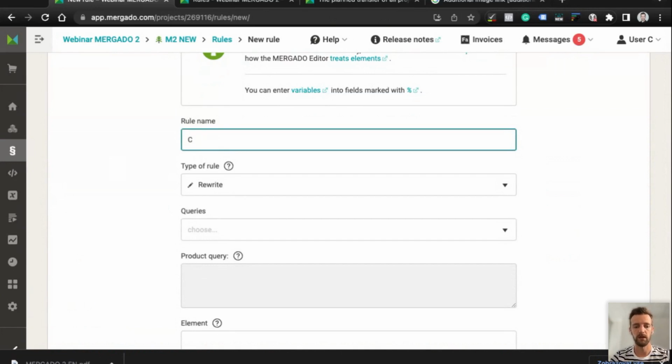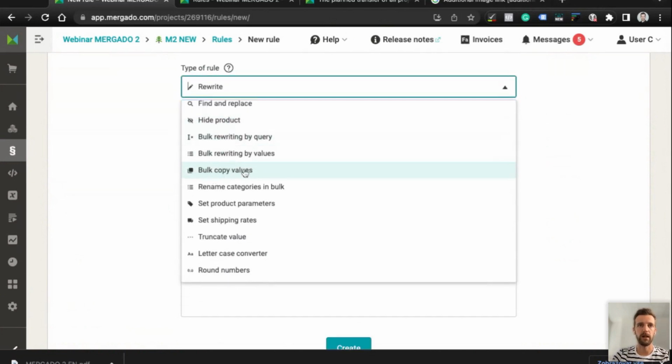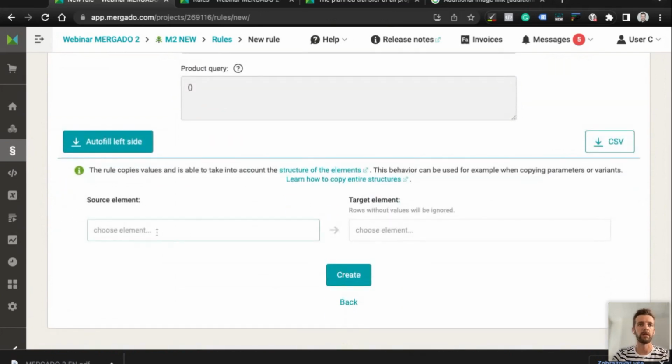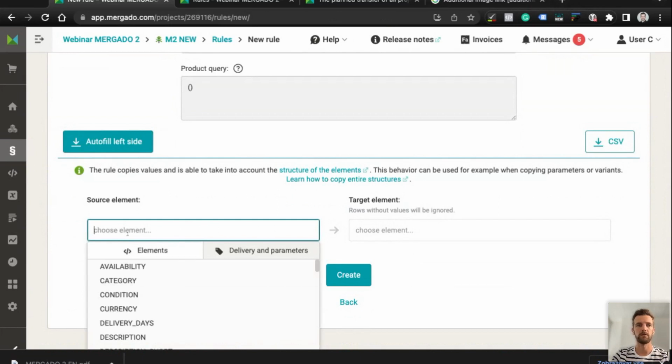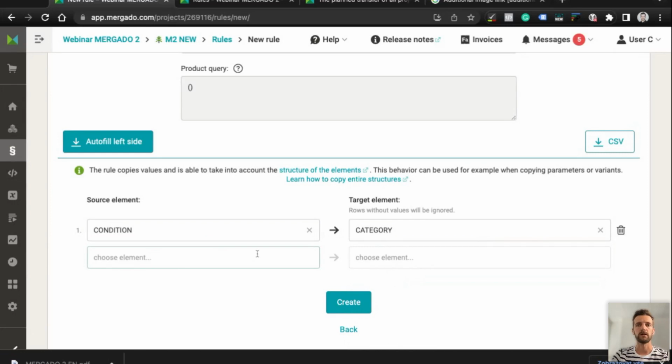So copy an entire structure. The rule type I would use is bulk copy values. You know this rule, it's simple, basically copying elements from the source elements to the target elements. You can copy elements any way you want, of course, but to copy the entire structure of nested elements like G product detail, G attribute name, and G attribute value,